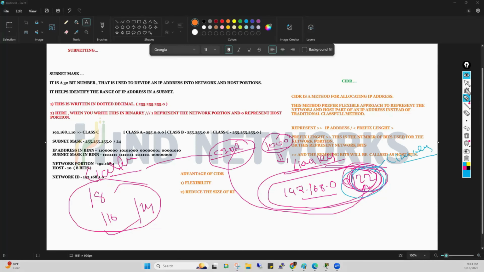How I calculate this, I will discuss later. But right now, just understand CIDR is solving the problem like this. Clear, guys? I hope you understand what the problem was before and how CIDR is solving it. Everyone, yes or no? Clear? Now,